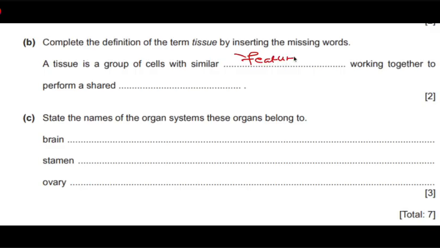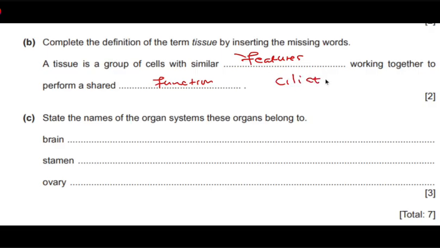So it has similar features. If you don't want to use the term features, you can say same structure or same features. So these work together to perform a shared function. So that is what you're supposed to write. As simple as that. So examples of tissues, we have